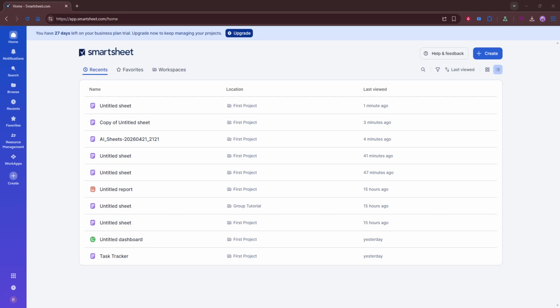In today's video, I'm going to teach you how to create a notification workflow in Smartsheet. If you want to keep teammates informed automatically without having to send manual updates every time something changes, setting up a notification workflow is a great way to do it. Smartsheet makes this process fairly simple, and once it's in place, it can save you a lot of time while